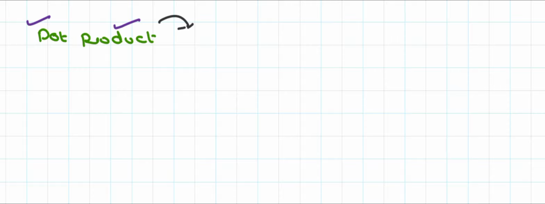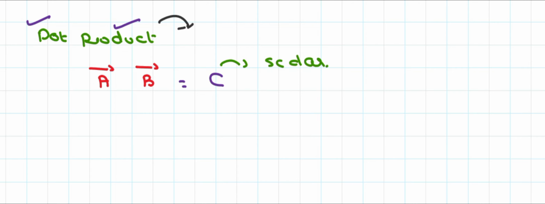So this type of multiplication is known as the dot product multiplication, and for that we put a dot between two vectors. Let's suppose we have a and b vectors, and I am interested in multiplying these two vectors. If I multiply these two vectors, the answer would be a scalar quantity. So this type of multiplication is known as the dot product or scalar product multiplication. And the C here is nothing but the scalar quantity. For dot product or scalar product multiplication, we put a dot between these two vectors.